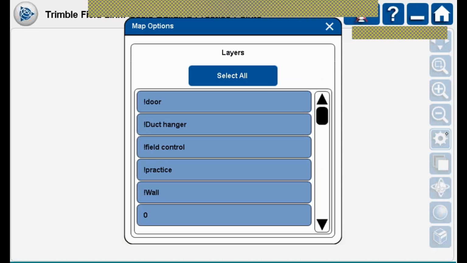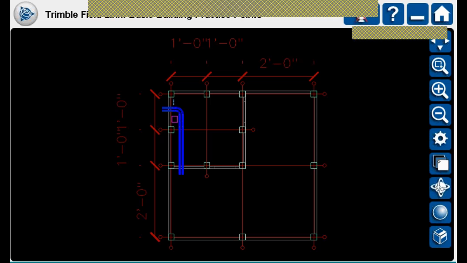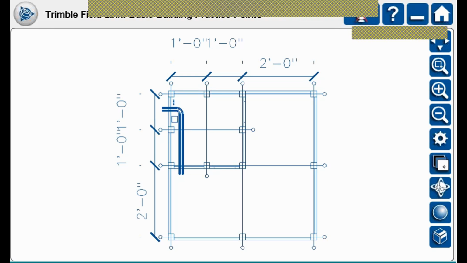I actually want to turn my walls back on, so I'm going to go back in here and turn them back on. The next button down, you've got three boxes, a black one, a blue one, and a white one. This allows you to control the visibility of your background. Right now it's a white background with the original CAD colors of the geometry. If I toggle it once, it switches to a black background with the original CAD colored geometry. If I hit it a third time, it basically turns all of the CAD geometry blue and puts it on